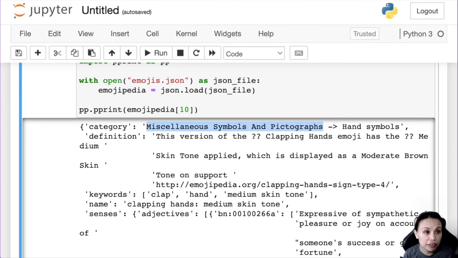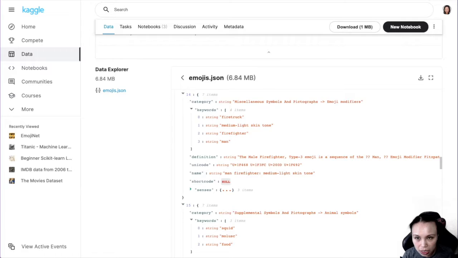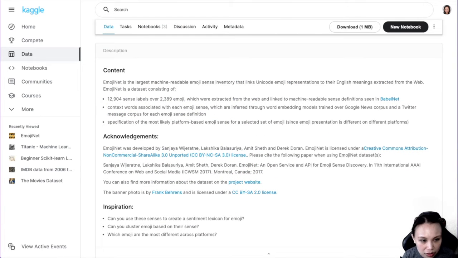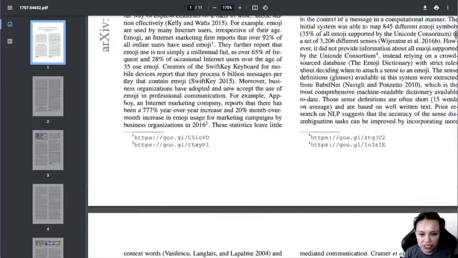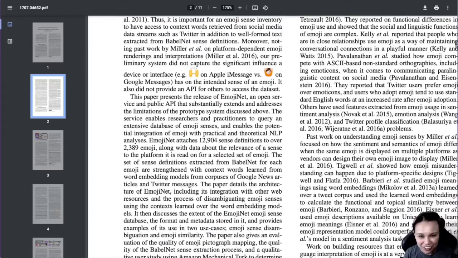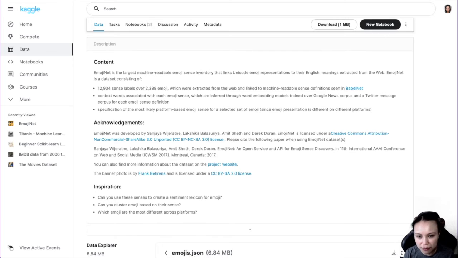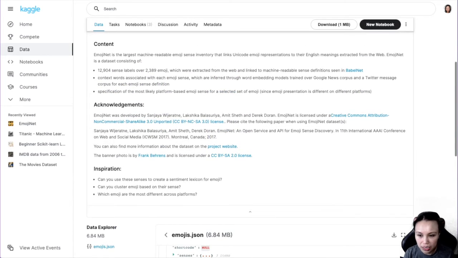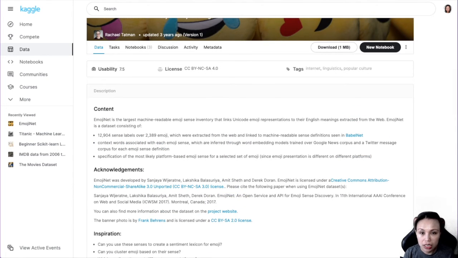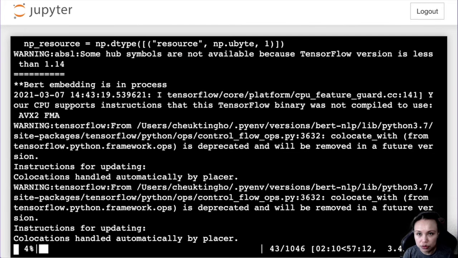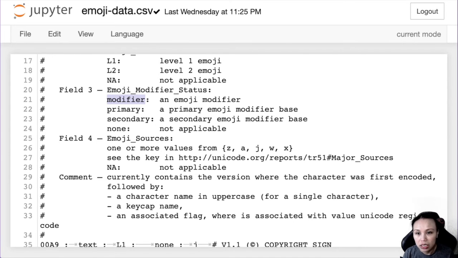I tried to look for more information on their project website, but it seems that the website is down. So yeah, the project website is down for some reason. I have dug up the paper though. I'm not going to read this now, of course, but I just want some explanation of what is in the category. But it seems like it's not helping me. So what I'm going to do is just do some trial and error myself.